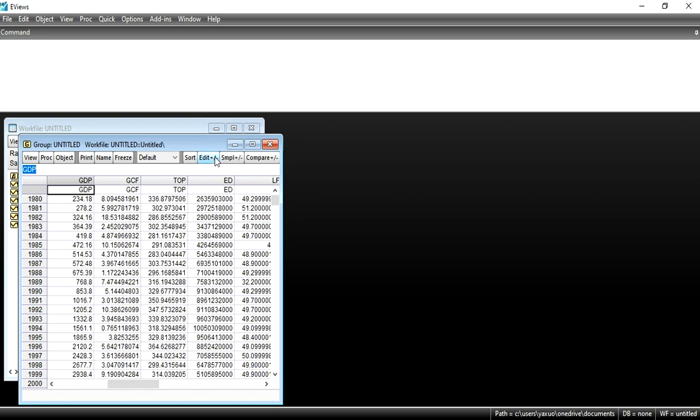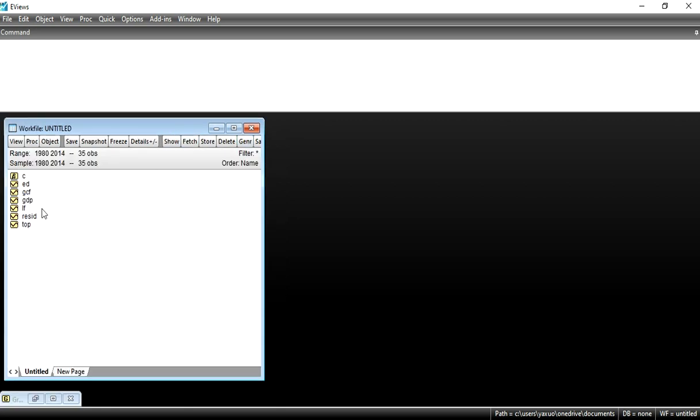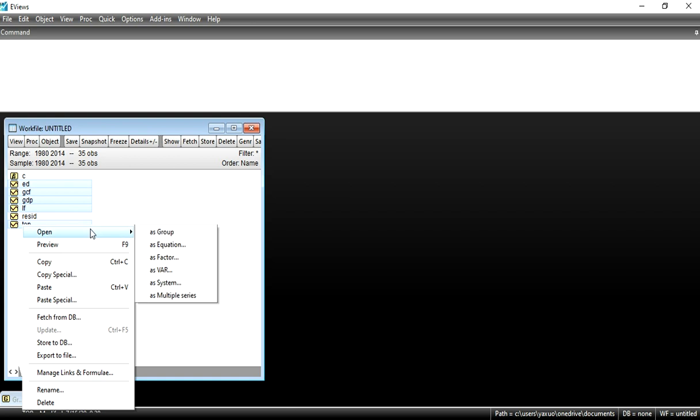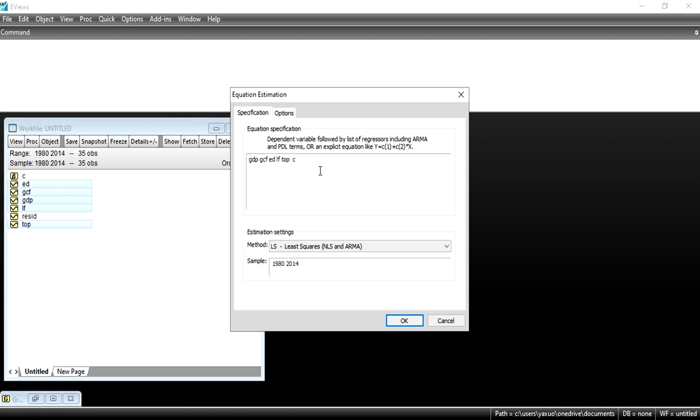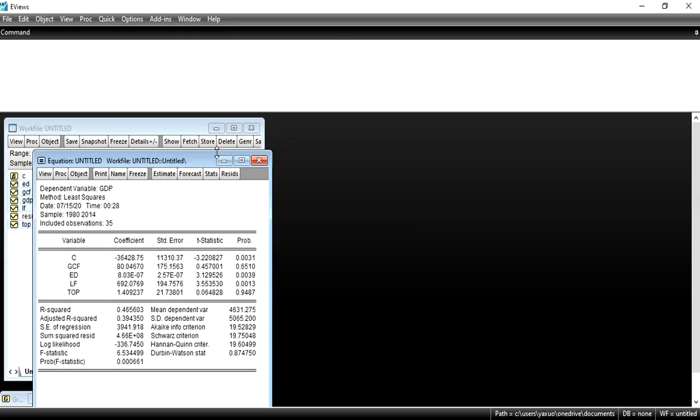Now first apply simple OLS on this data. Select your dependent variable first, then select your independent variables one by one, then right click, open as equation, bring the constant C next to the dependent variable, and apply OLS.